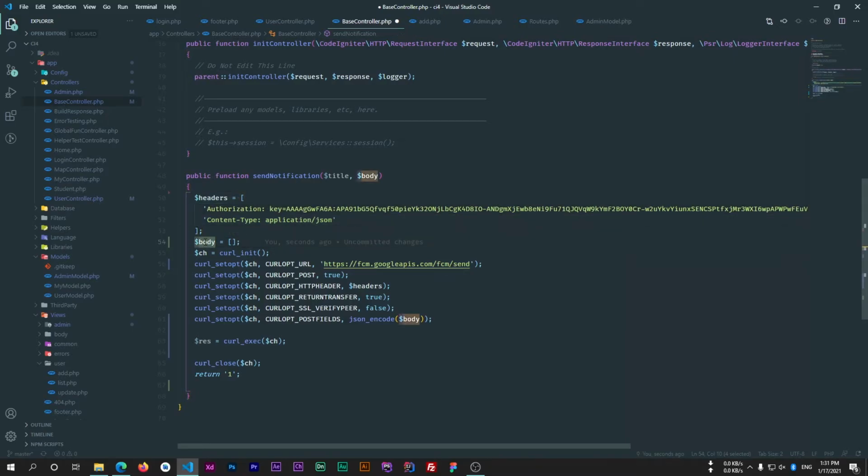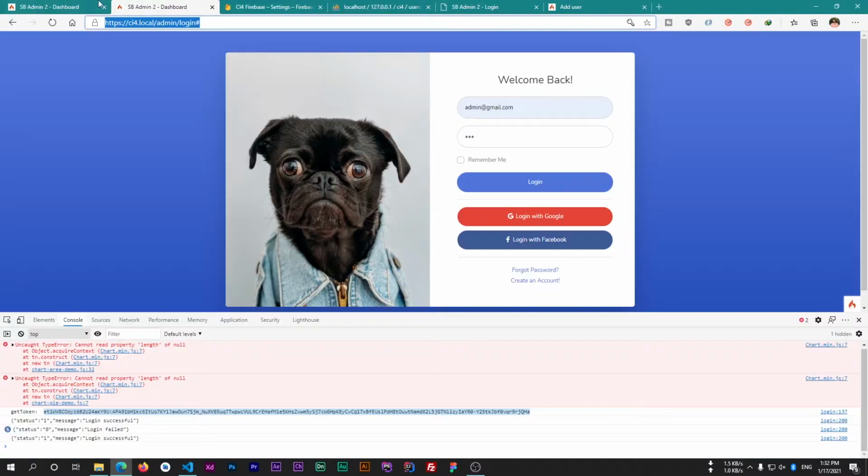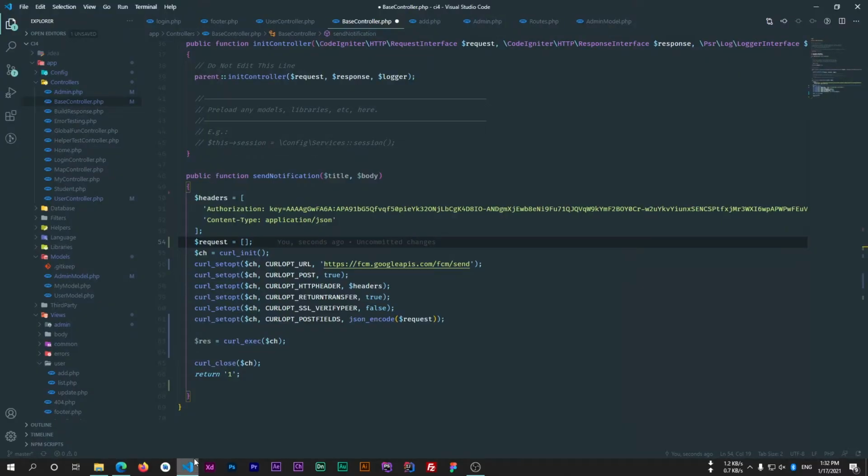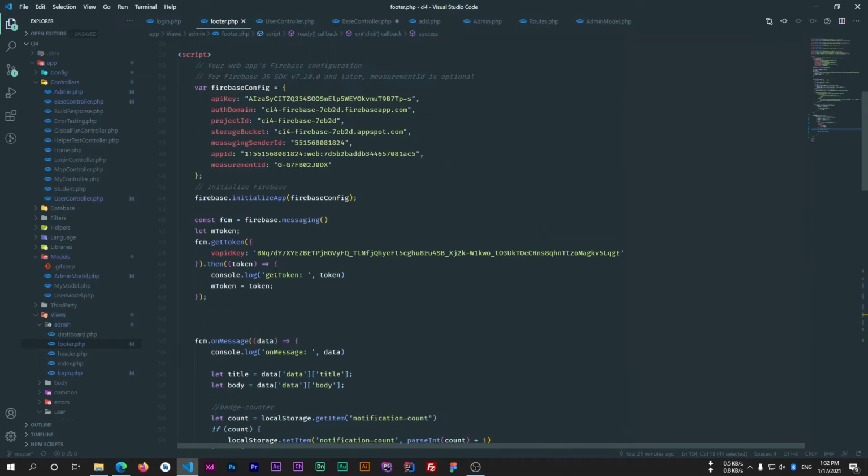So this body will be, sorry, we also have the body, so I'll rename this to request. Okay, so this request will contain our notification data like the token, who is the receiver, this one, and then title of the notification, then body of the notification, and other parameters which we are using here.